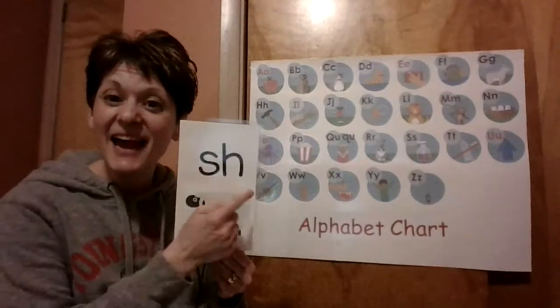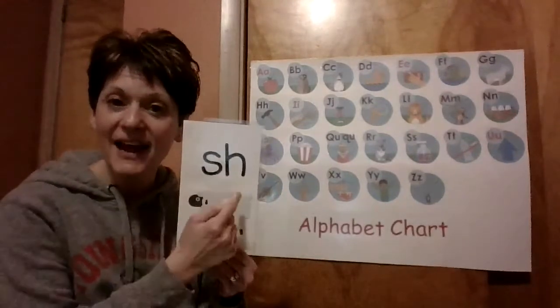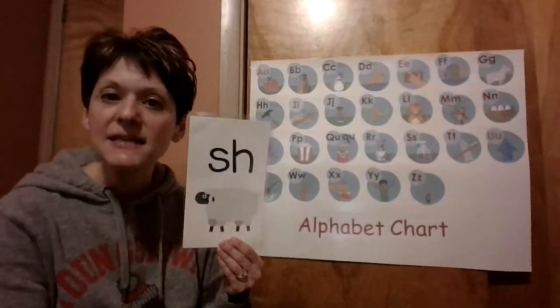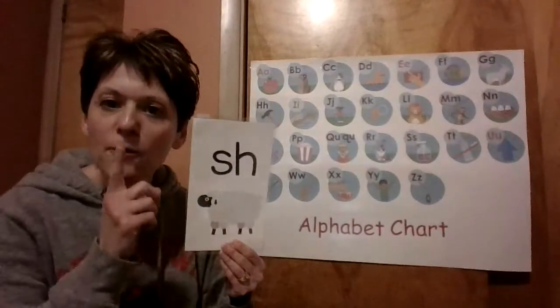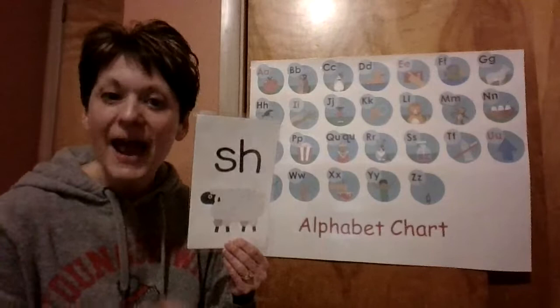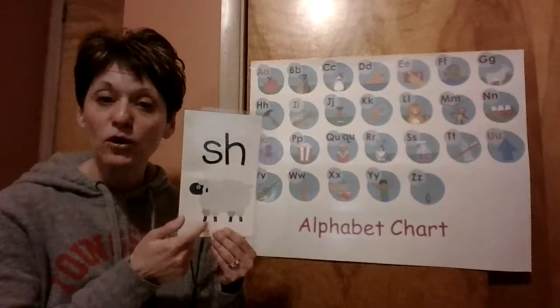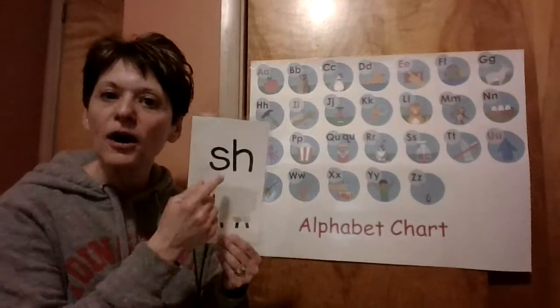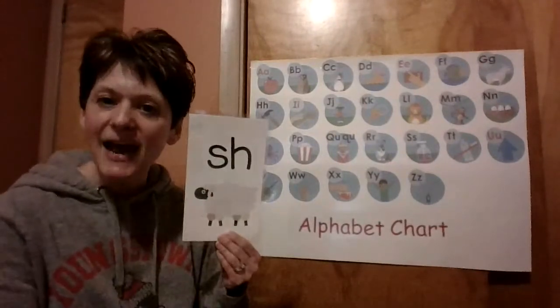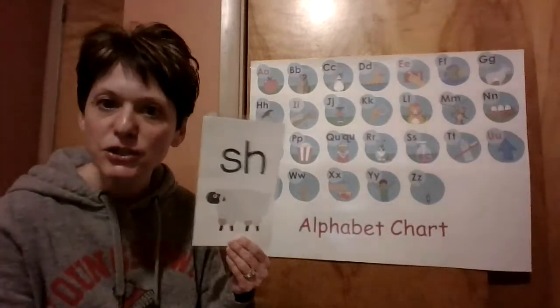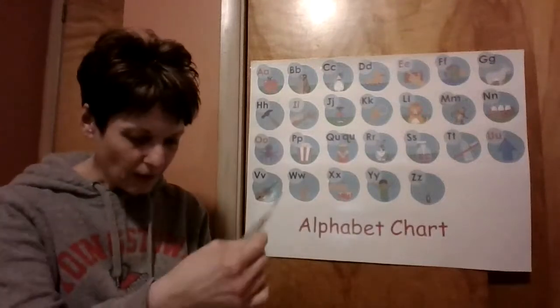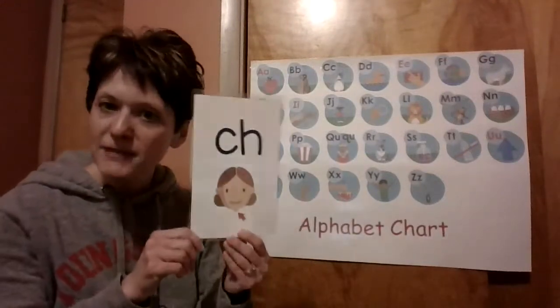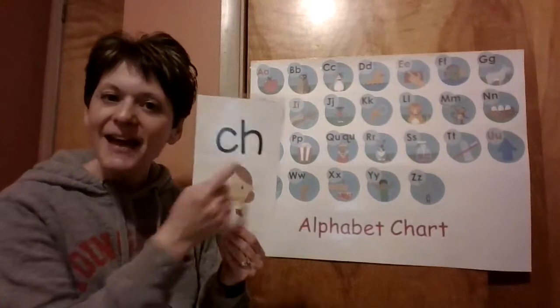It's SH. And when we put SH together, it makes the sound shh. We call it the quiet sound. And that starts the word sheep. So we'll say letters are SH. Sound is shh. Great job. Here's another digraph. This is a new one for us. It's the letters